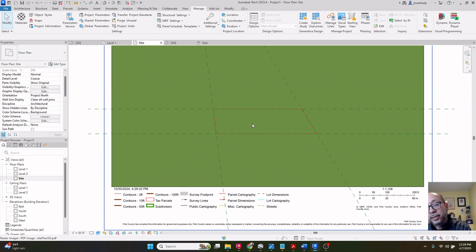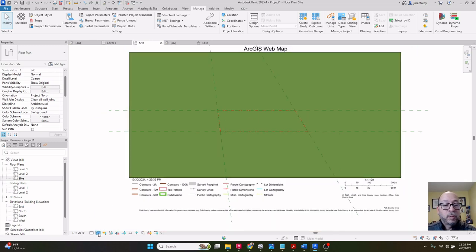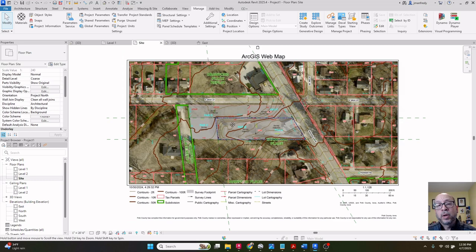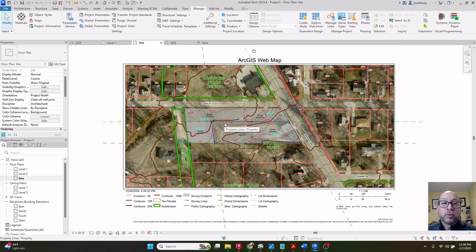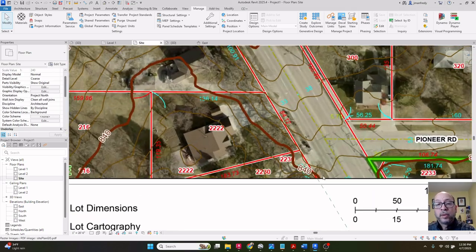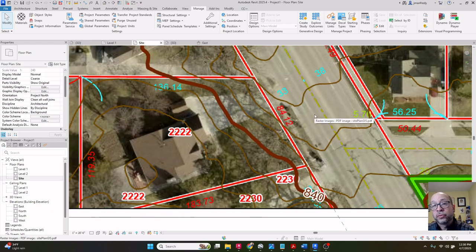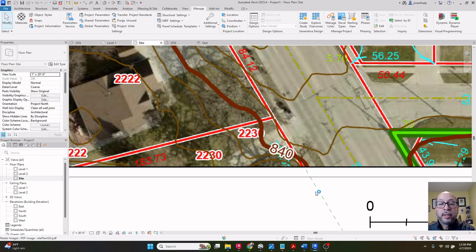Okay, there's the site. Now, before we begin to manipulate the specific parcel we're working with, we want to build some of the context around the site, in particular, the street. So let's go back to wireframe again. And so here's the street here. Now, this is where I try to use the reference planes I drew to assist me in drafting the street. So here, there's a sidewalk outside the site here, outside the property line. Then there's some grass, and then there's the curb, and then there's the street. So if I grab that line there,